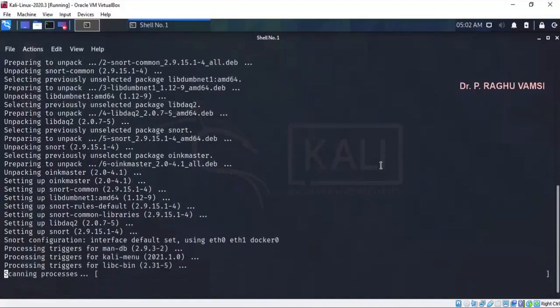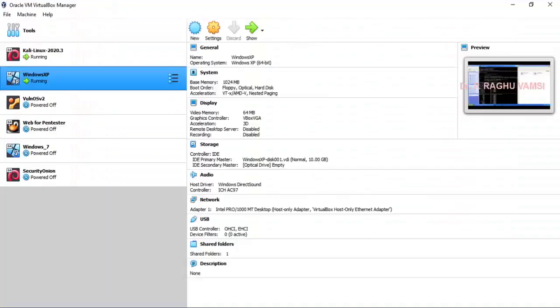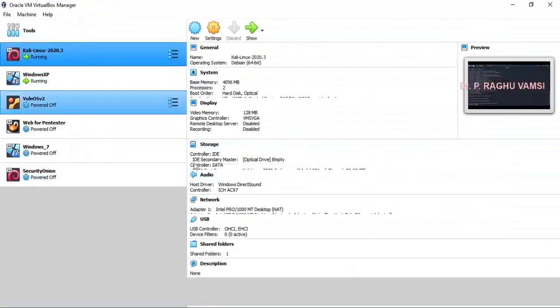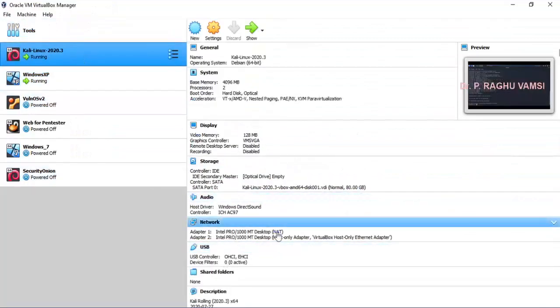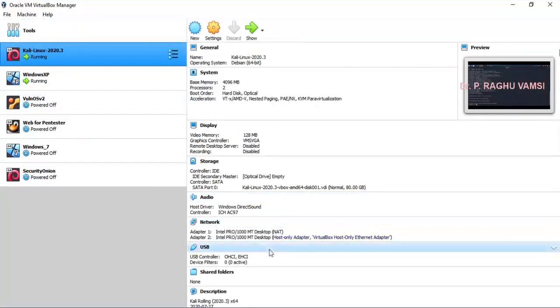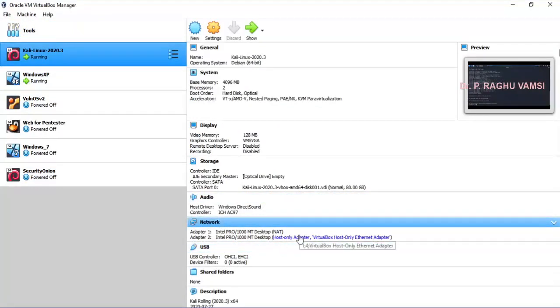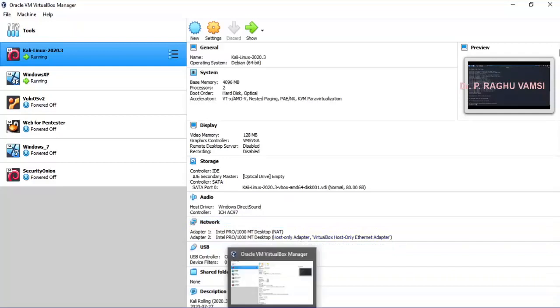So now the installation is completed, and here there are 3 interfaces identified. Since I have used the NAT and a host only adapter, NAT will become eth0, host only adapter will become eth1, and I have installed a Docker container in the Kali Linux.